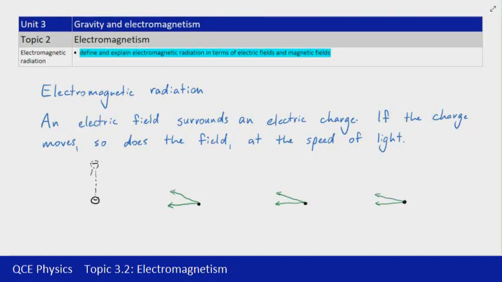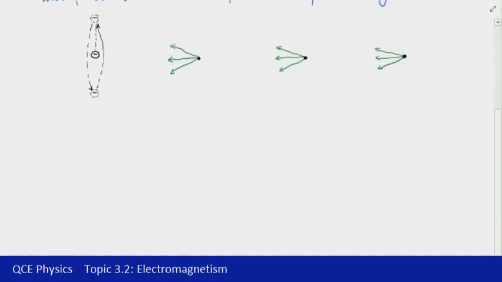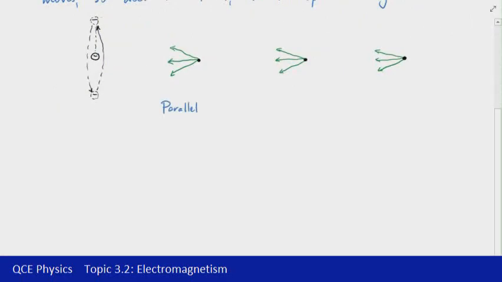Likewise, if the charge was to then move back down and go the opposite direction, and so it ends up somewhere below the original position, those field lines are also then going to be pointing down towards the new position of the charge. If the charge was to then oscillate backwards and forwards between those two positions, we'd see an oscillation of those electric field lines as well, pointing up and down at each of those points as we've indicated. However, an important point to note here is that the parallel components of those field lines don't vary much. So the parallel components are the ones that are directed towards the charge itself,